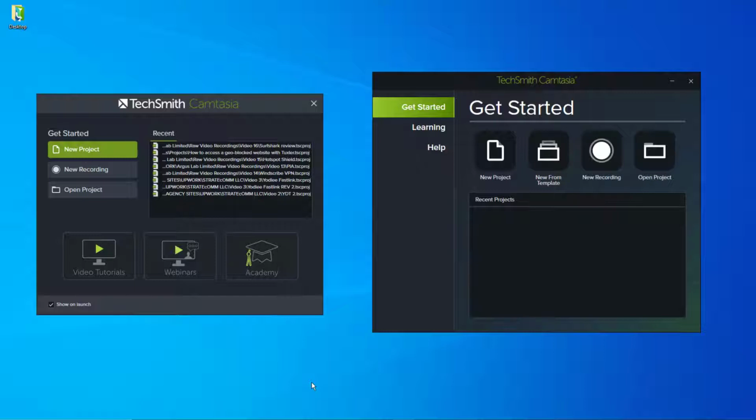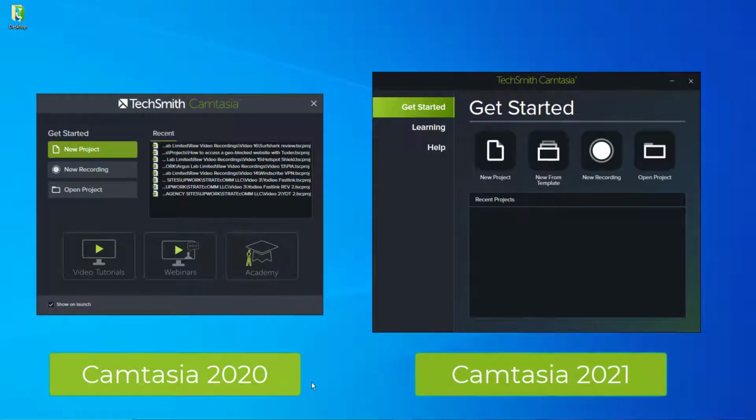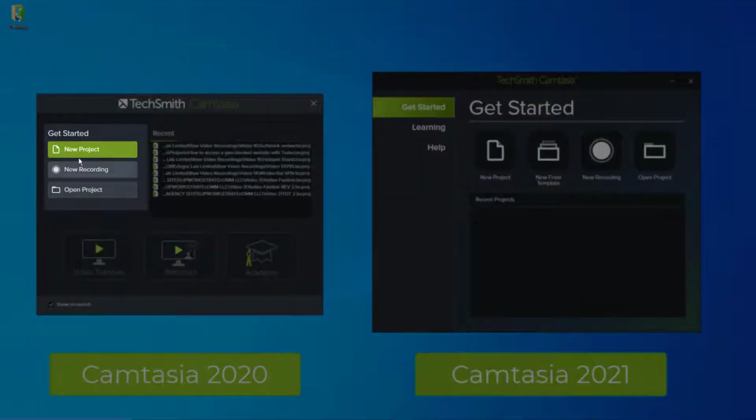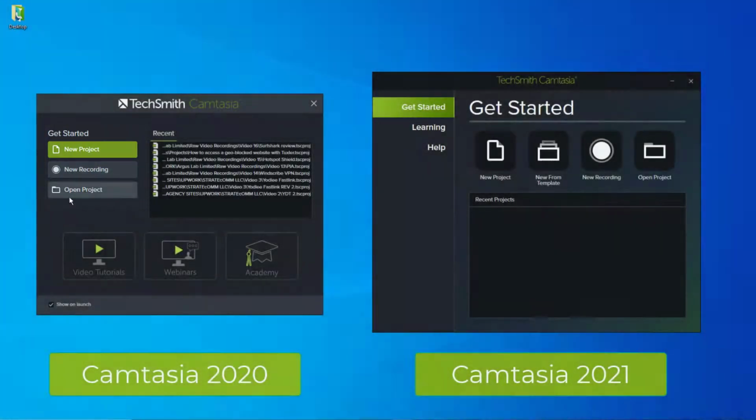I'll be reviewing Camtasia Studio on Windows 10. So as you can see on the screen here, I have Camtasia the previous version, and I have Camtasia the new version. So as you can see, the get started page or the launch page looks quite different. From the previous version, you can see the get started, the new project, new recording, open project